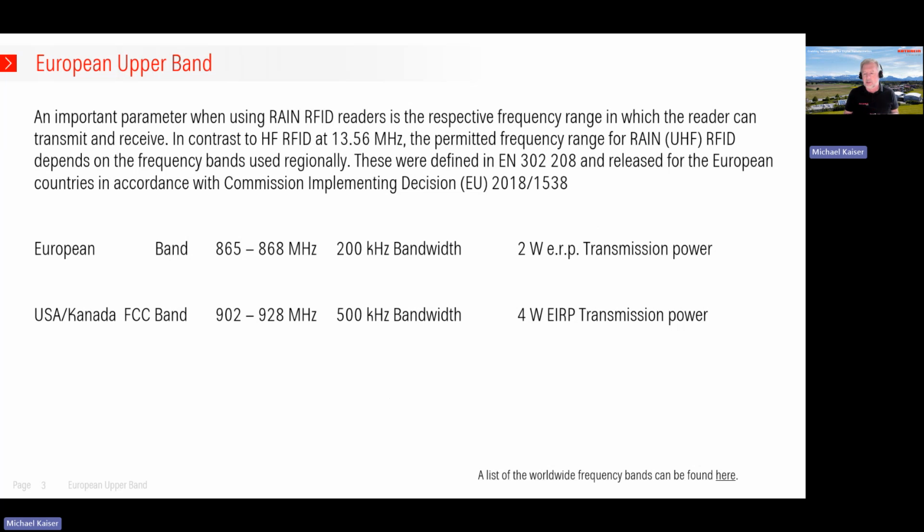When we have a look in detail at the RAIN RFID system, and RAIN RFID stands here for UHF RFID, it's a system which uses different frequency ranges. HF RFID, which is also well known, is a system which runs at 13.56 megahertz globally. This means all over the globe we have the same frequency allocations, the same frequency to use, but for the